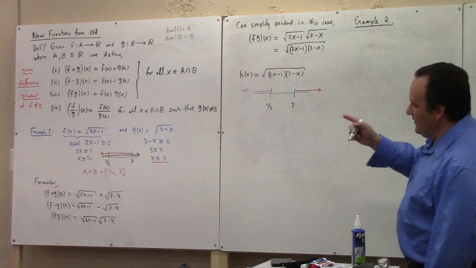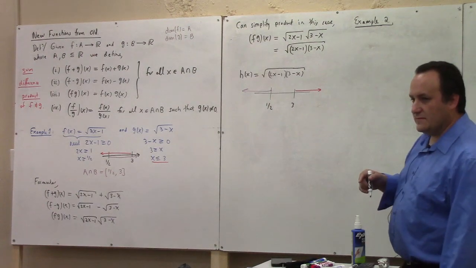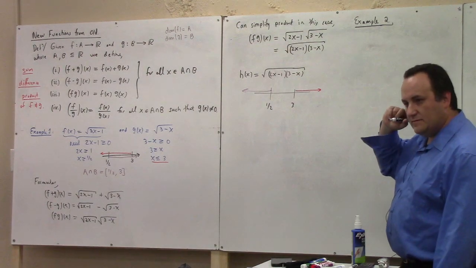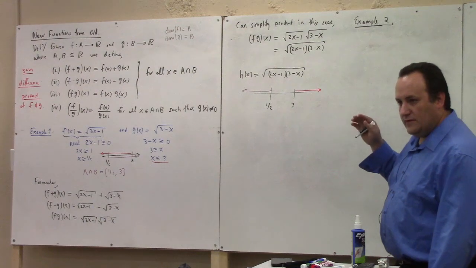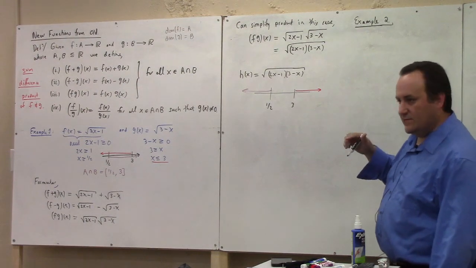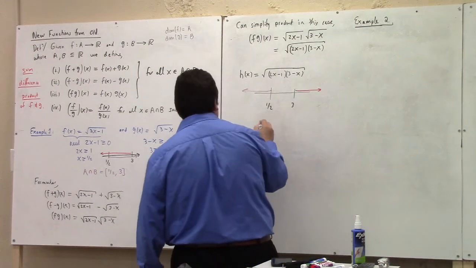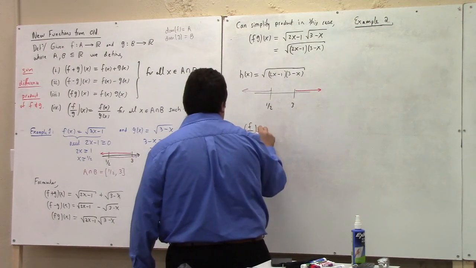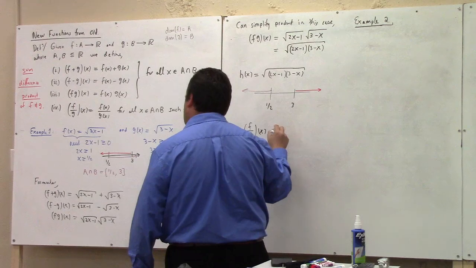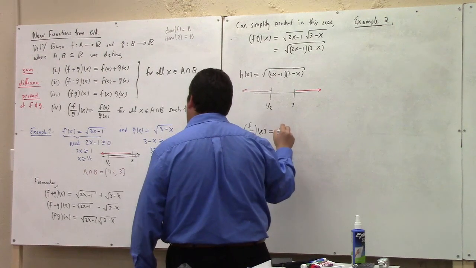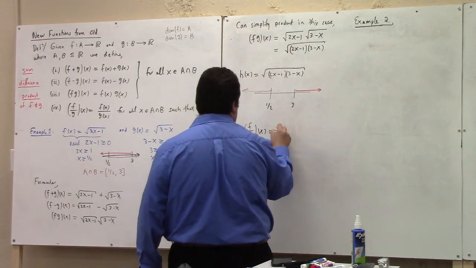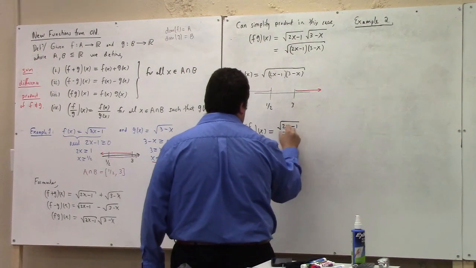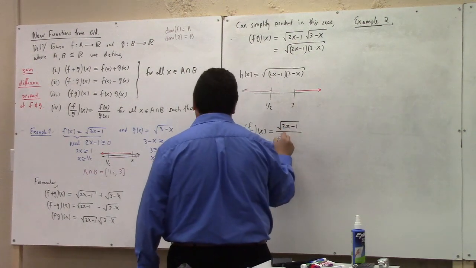about this? The one thing we haven't done with my example 1 is what? What's the other function we can construct? We can look at the quotient, right? So let's do that. If we have f over g of x, that's equal to what? That's equal to f of x, which was square root of 2x minus 1, divided by the square root of 3 minus x,